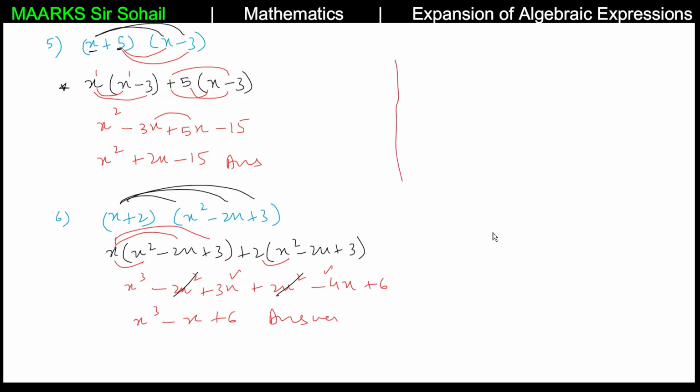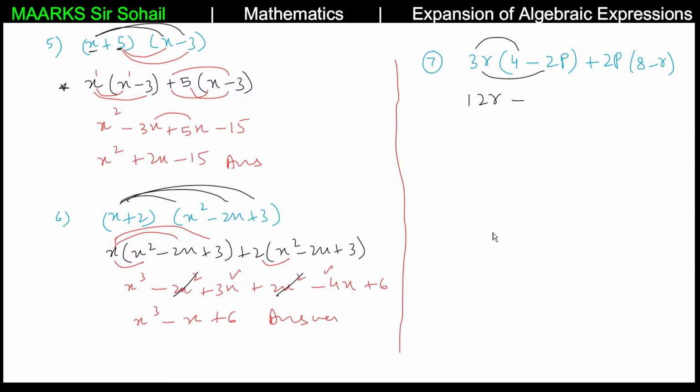Now I'll give you a last example to cover this whole topic. If we have, for example, 3r and 4 minus 2p, plus 2p and 8 minus r. Now in this question we have two different variables multiplying, so I'll tell you also how to multiply these. First I'll multiply 3r by 4, so 3 4s are 12 and r will copy as it is. Then we have minus sign, and then 3 2s are 6, and this r will multiply with p, so it will become pr. Since p and r cannot multiply with each other, unlike variables cannot multiply, so we write it together, pr.